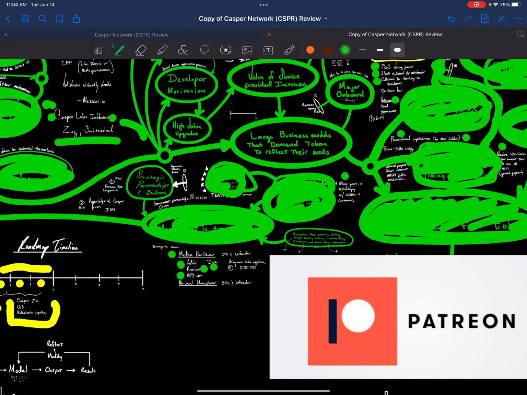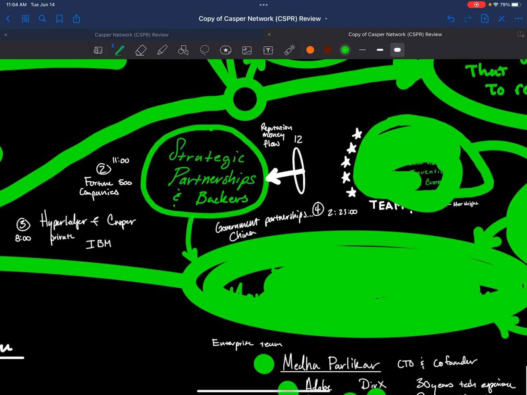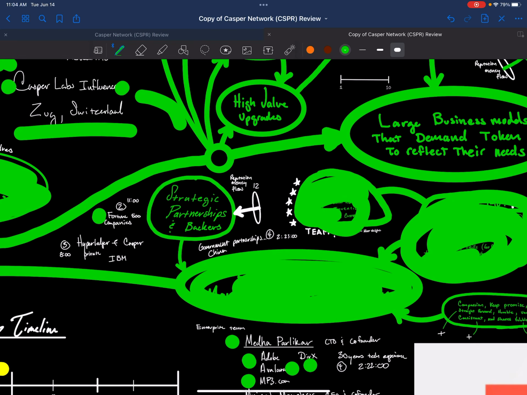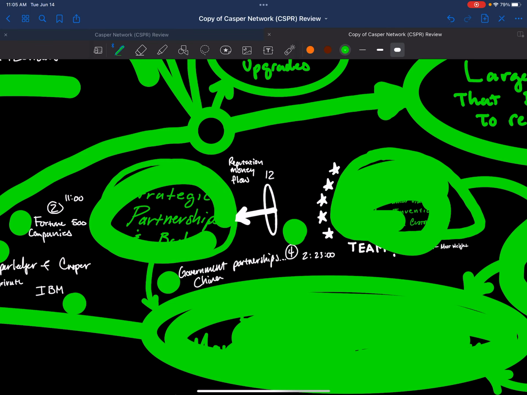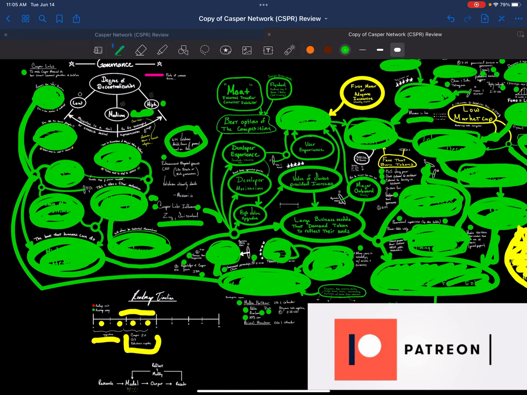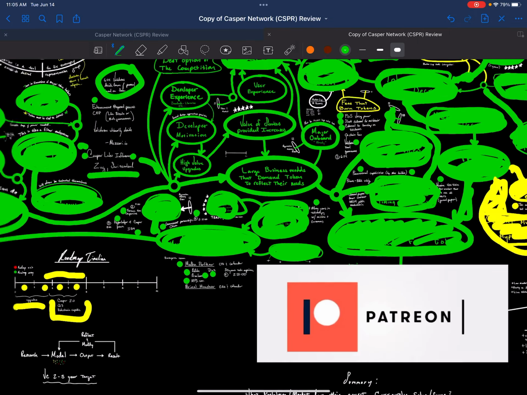And evidence that they're trustworthy is pretty good because they have all that experience, 30 years plus in those fields with millions of customers. As far as the partners, Fortune 500 companies, according to the team, they said there's some Fortune 500 companies working with them. Hyperledger and Casper working together, IBM, and obviously the government, China partnerships, etc. You could look at my sources if you need to verify where that comes from. It's mostly from them and from the community members talking about these partnerships. So yeah, it looks like the partnerships are good, and they are trustworthy.